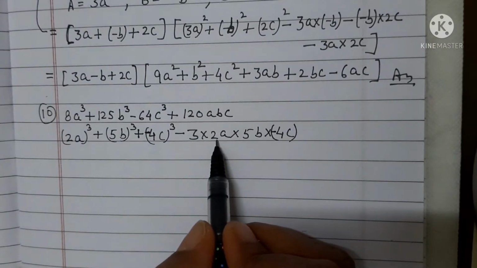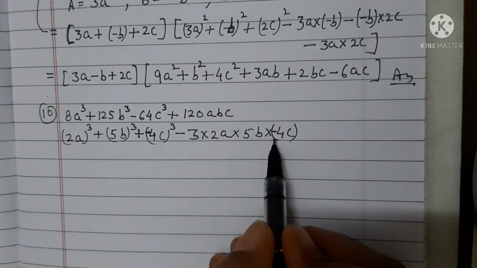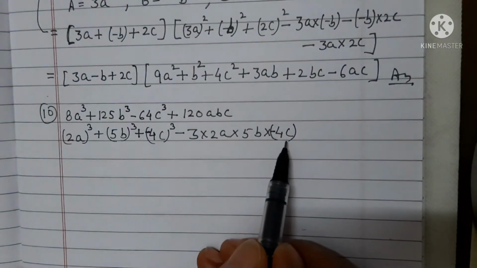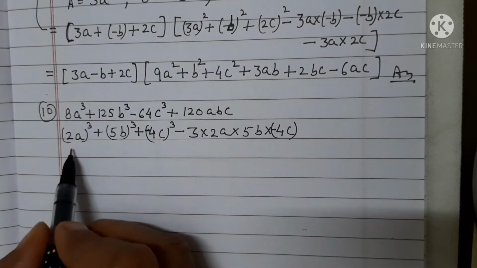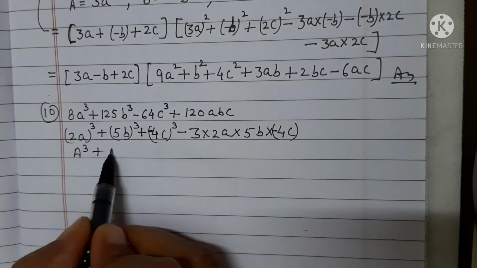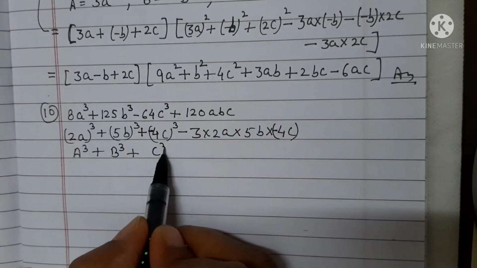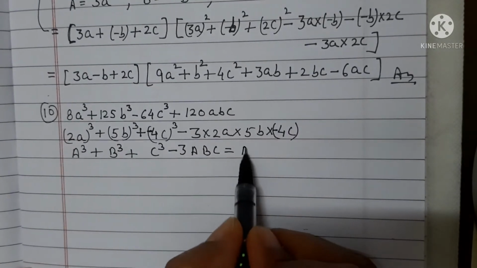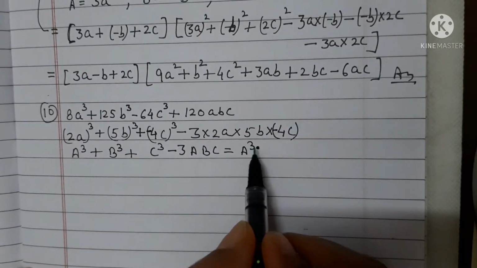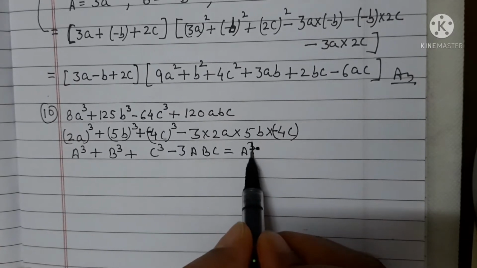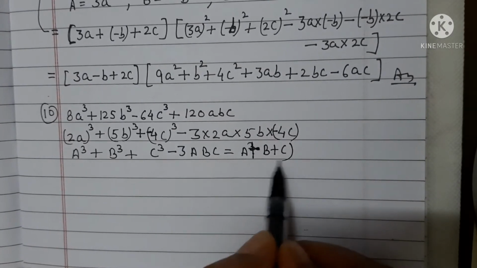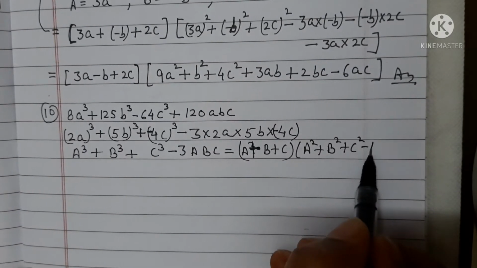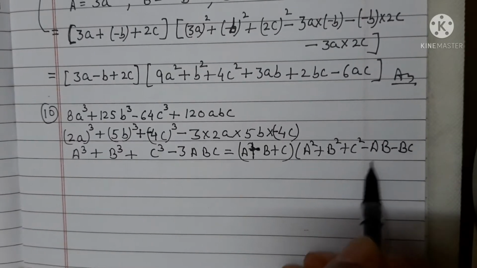3 times 2 is 6, times 5 is 30, times 4 is 120, and minus minus is plus. It means these are the same. So you can convert it in the form of a cube plus b cube plus c cube minus 3abc is equal to (a plus b plus c)(a square plus b square plus c square minus ab minus bc minus ac),